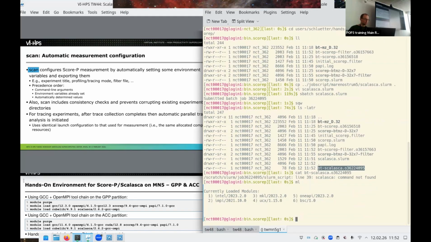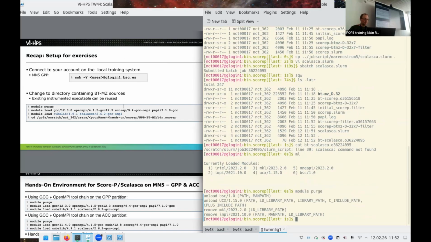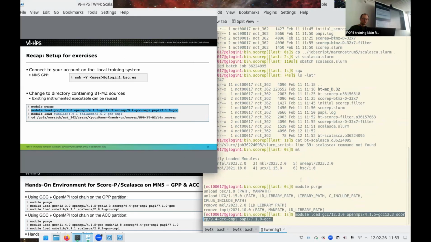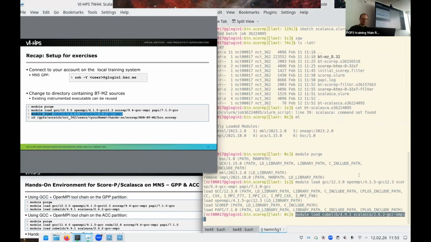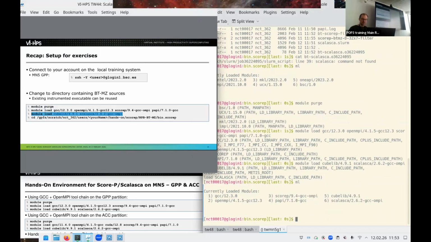I probably should do what I tell people to do. So I should actually load my modules. In this case, I have demonstrated successfully what happens if you don't load your modules. It just doesn't find the Scalasca command, which is helpful, as it at least ends early. So now I have the setup for our toolchain, and I can rerun the